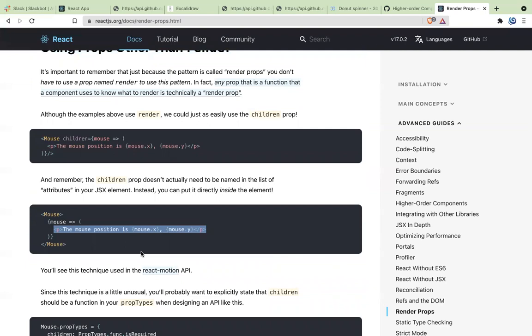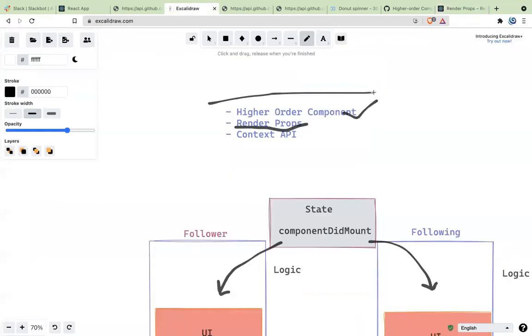So render props is just a way of sharing non-visual logic. This is another way of doing that. This is not very prominent right now, but higher order function is something that you need to understand. Render props is just an add-on. If you want to understand, this is what it is. Other than that, you will not be using it almost every other day. But higher order function is very prominent, and you will be using it with a lot of external libraries, functions, and everything. So this is what render prop and higher order component is. Mostly they are both used for sharing non-visual logic. That is what it is.